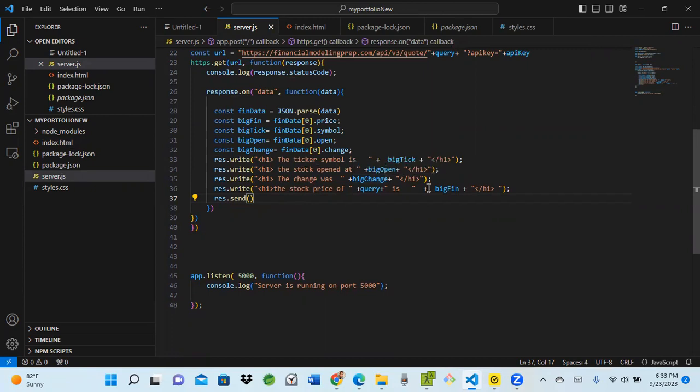So it gives you back the data from the API. So the ticker symbol is big tick. It's right here. And it gives it back in the H1 format. The stock opened at, there's the variable that's holding the information. The change was, and the stock price of is,